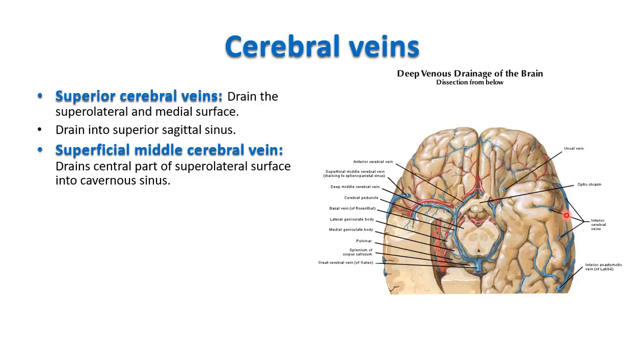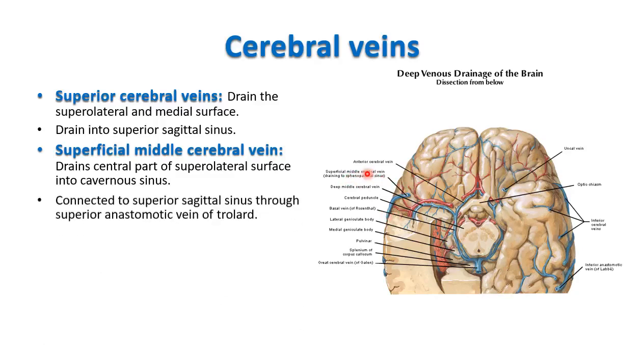So in the central part of the superolateral surface, that is your superficial middle cerebral vein, which drains into the cavernous sinus. It is connected to the superior sagittal sinus through the superior anastomotic vein of Trolard. In the same way, it is also connected to the inferior